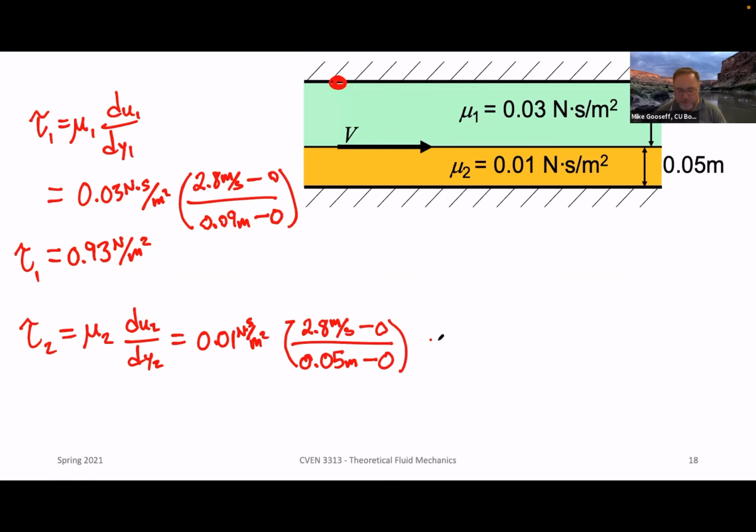And when you do this math, you come up with 0.56 newtons per